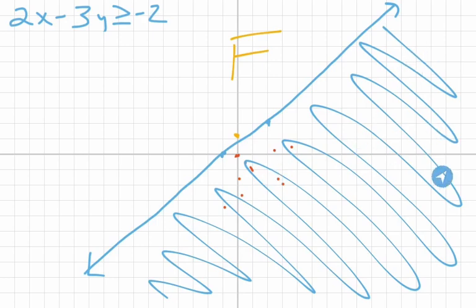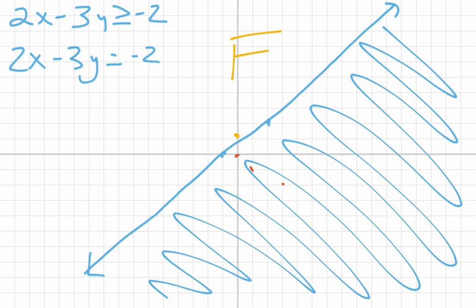Sometimes students will stop when they get to the x-axis or the y-axis. They won't want to shade over it. So you have to make it clear that you understand which line is the boundary line, which in this case is the line 2x minus 3y equals -2. And that's what this line is right here. This line is the graph of the equation, the equal to part, that